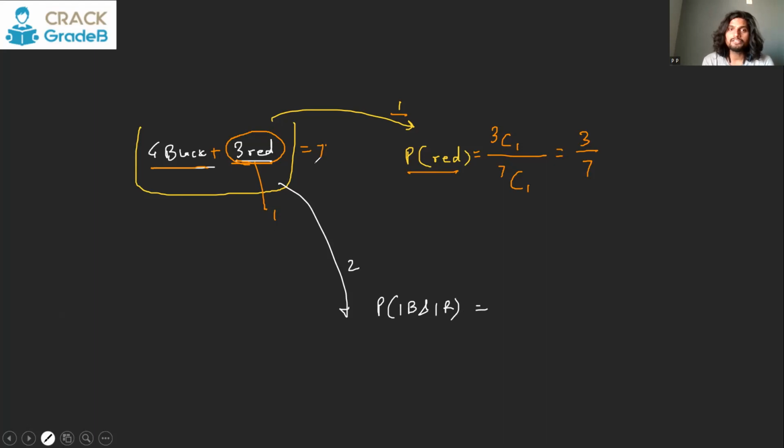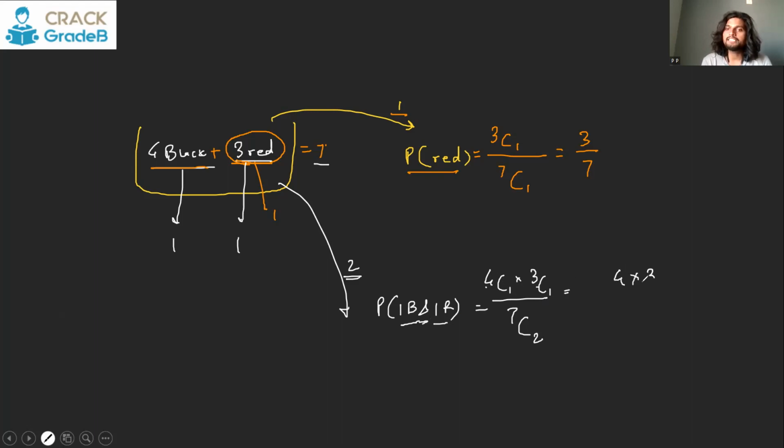So out of 7, this time you are drawing 2 cards or 2 balls. So in the denominator, you write 7C2 because you are selecting 2 out of 7. You want 1 black, 1 red. So out of these 4, 1 should appear, and out of these 3, 1 should appear. So 4C1, selecting 1 out of 4, and selecting 1 out of 3 is 3C1. This also and this also should happen, and factor is involved, so you do product.